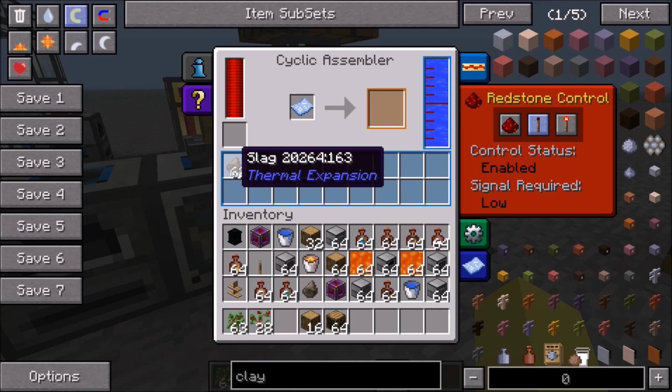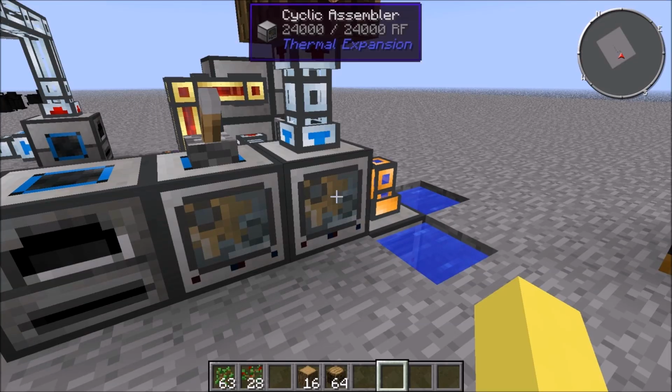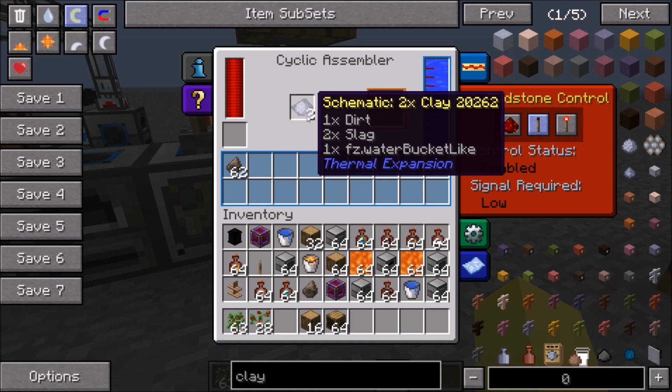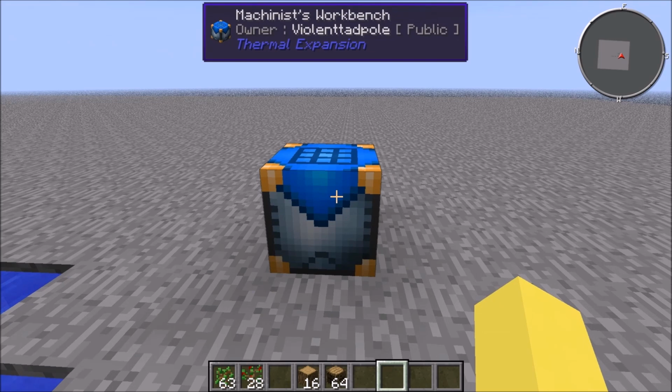So if you see already, we have some slag in here, and we have a schematic. Now you need the schematic to say what you're making. So if we hold shift, we can see that this schematic is made to make 2 clay. Now the way you make schematics is with a Mechanist Workbench,